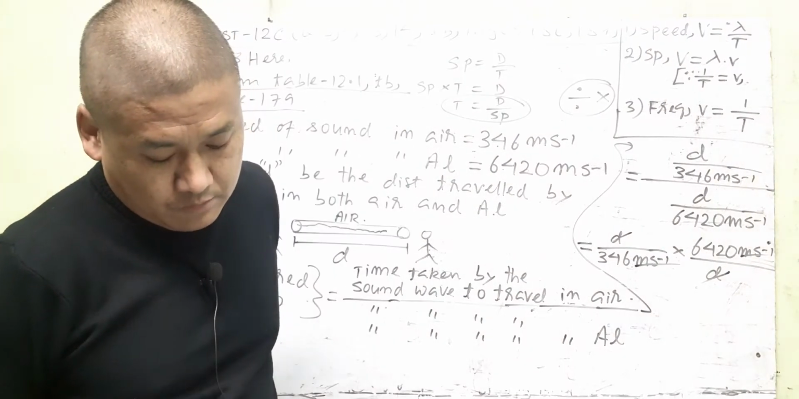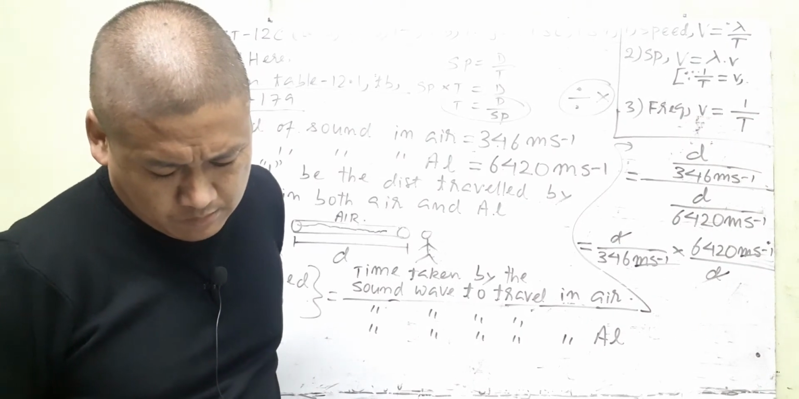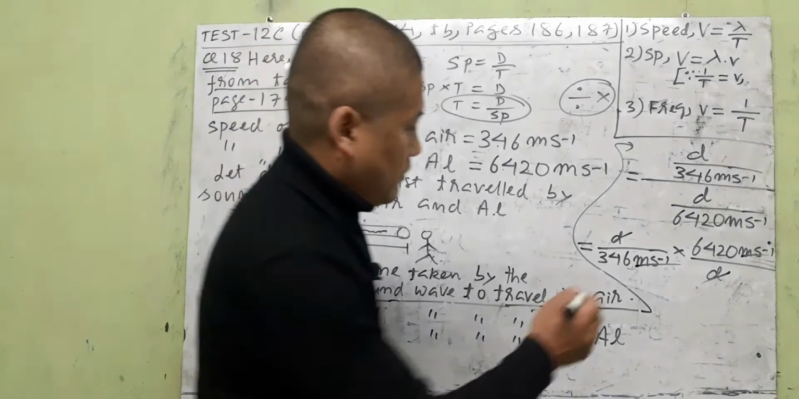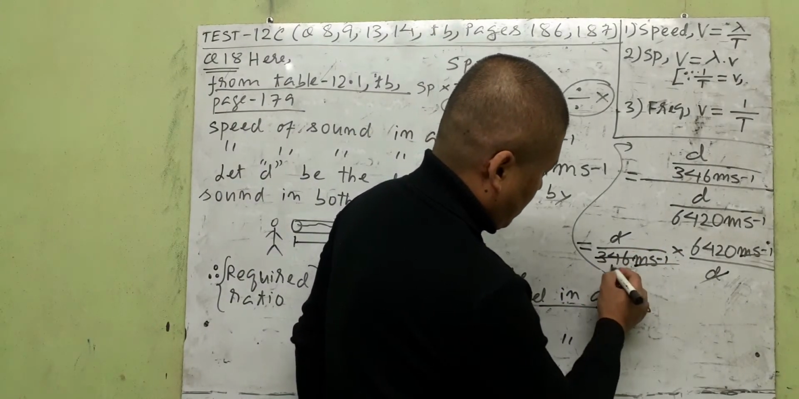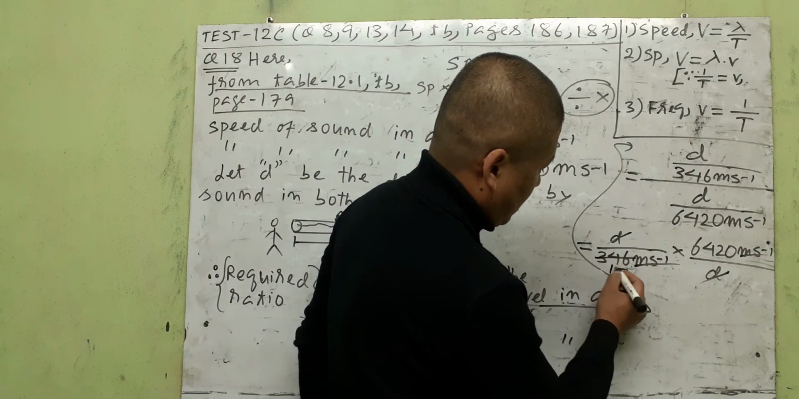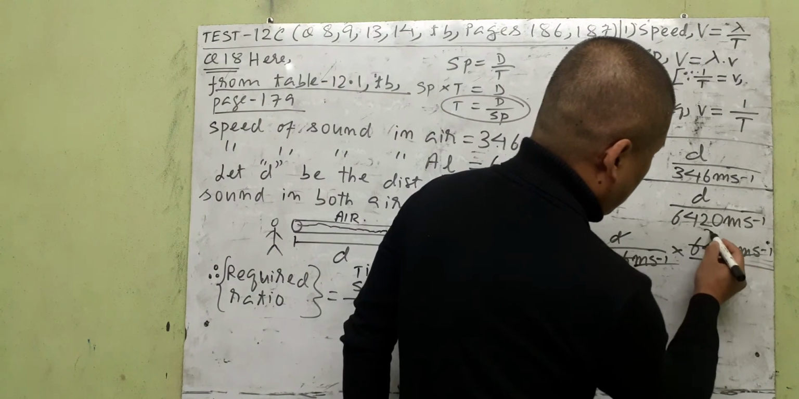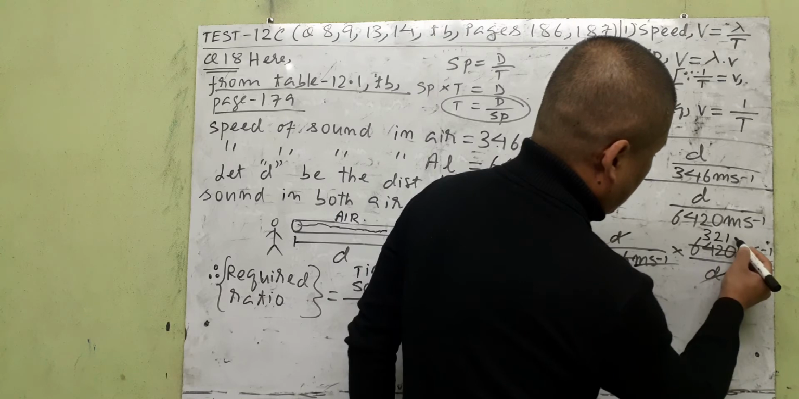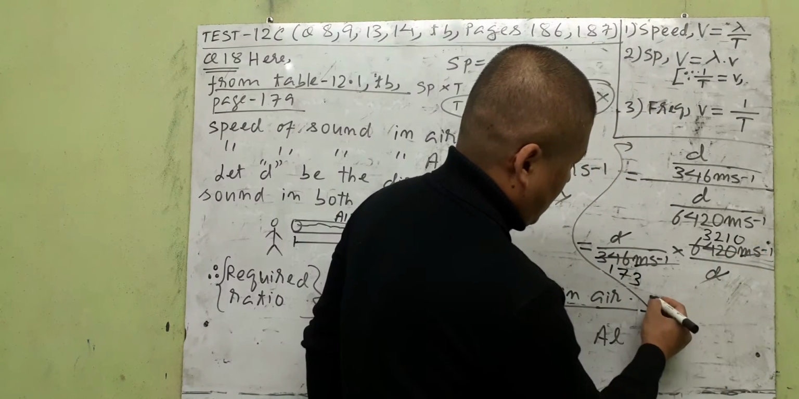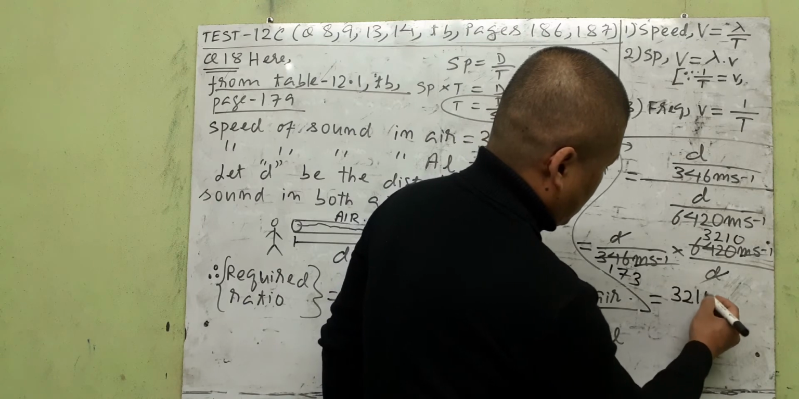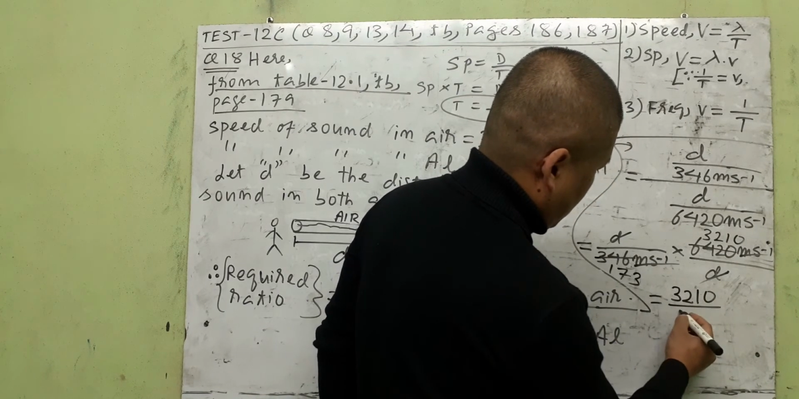Oh, so let us just do this one. 2 is going, I think. So clearly 2 is going. 2 1s are 2, 1 in hand. 2 7s are 14. 2 3s are 6 then. 2 3s are 6. 2 2s are 4. 2 1s are 2. 0s are 0. So we're going to get here the ratio as 3210 divided by